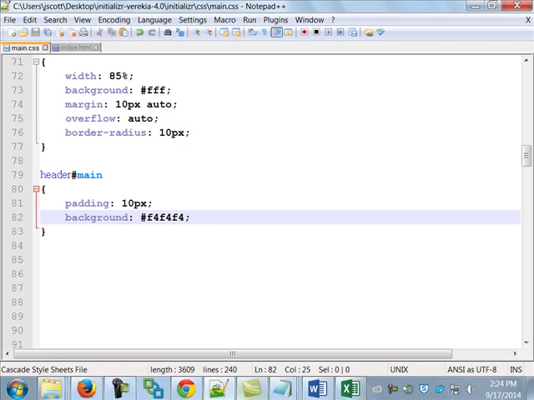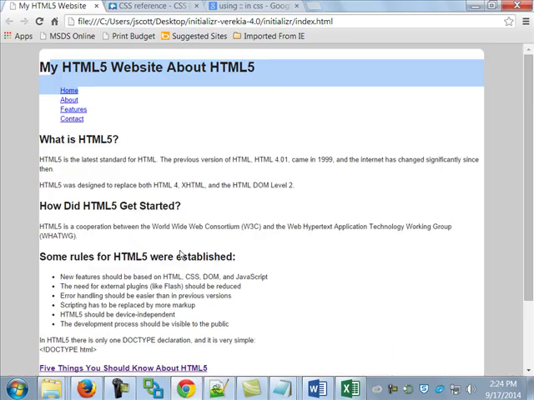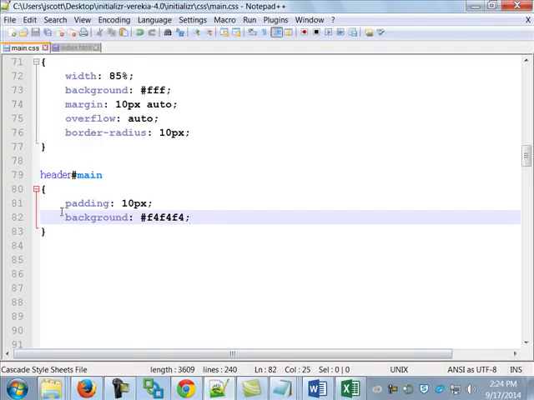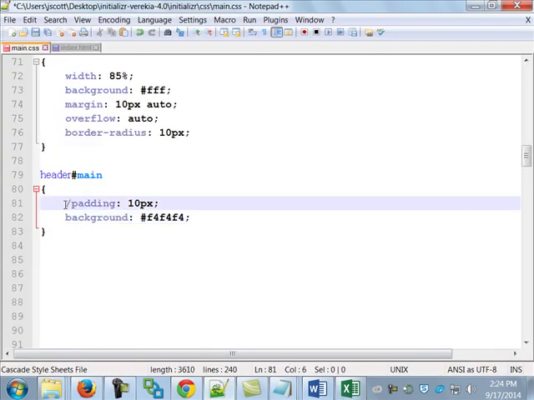All right. So we've got that in there again. Let's look at what we just did. All right. So that's what it looks like now. I refresh. We put a little light color for our main heading up here, a little lighter gray than what was shown, and we put some padding around it, so it's not pushed up against the side anymore. Again, if you don't understand that, the best thing to do is to take these two lines, comment them both out,